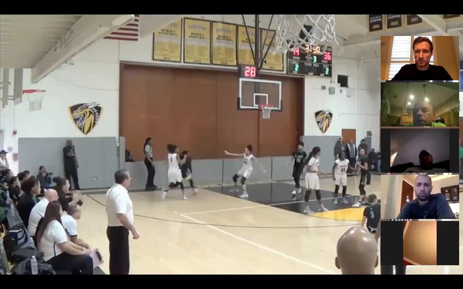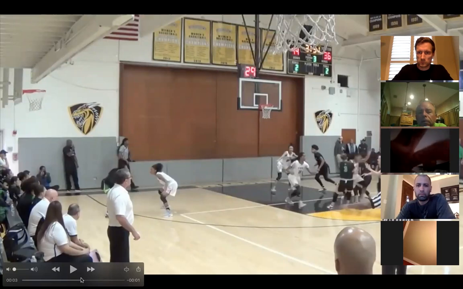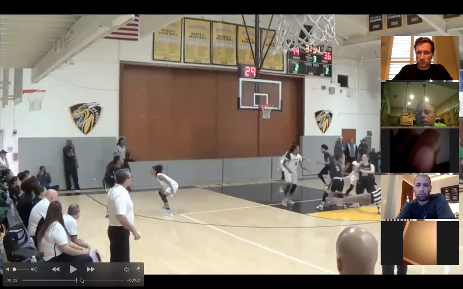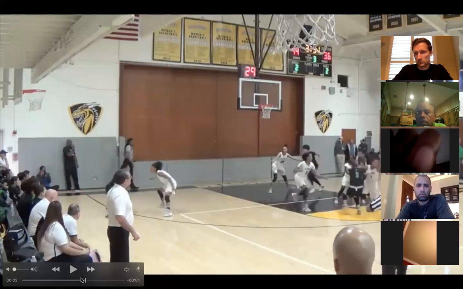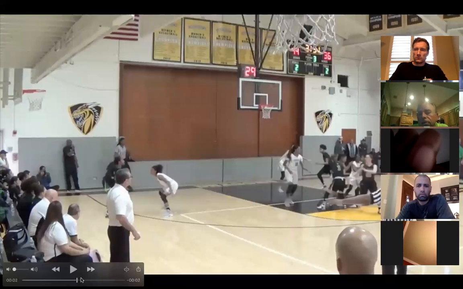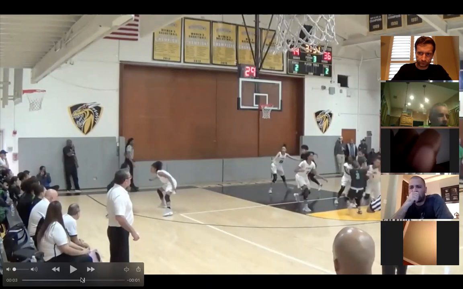Looks like the offensive player on this side is throwing a forearm shiver into the defensive player right there, number 3, it looks like. She's sticking herself out to the right. I don't think she's set. Okay, so you have an illegal screen on black 3. That's what I got right from this angle.